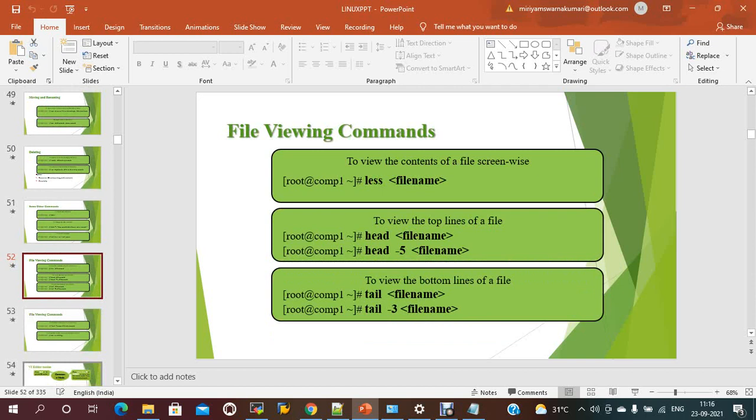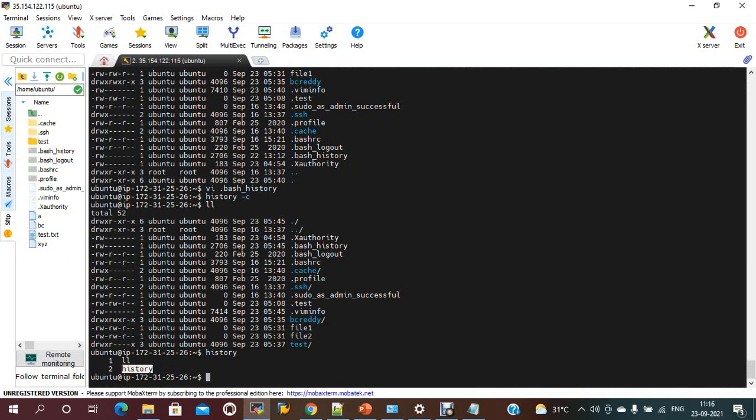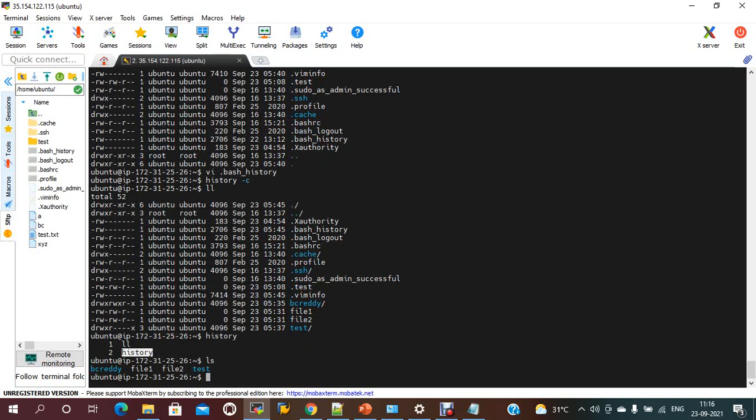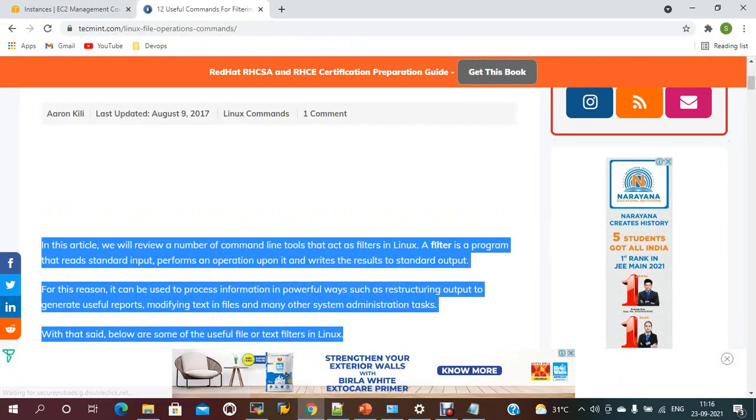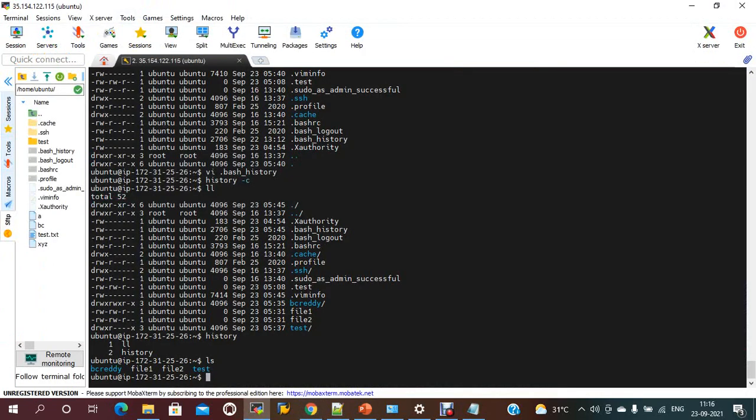Viewing files: if you give these commands, this is the simple one. Suppose let me insert some data in this file. cat file1.